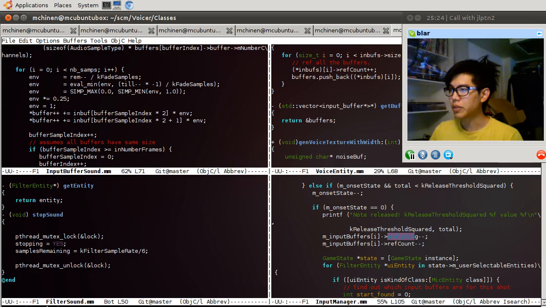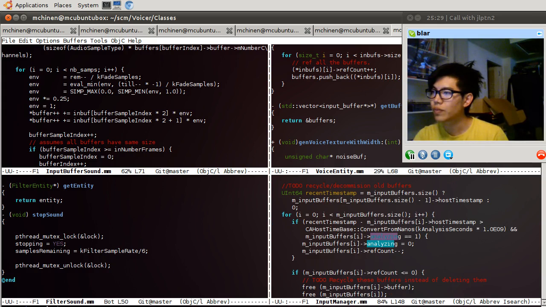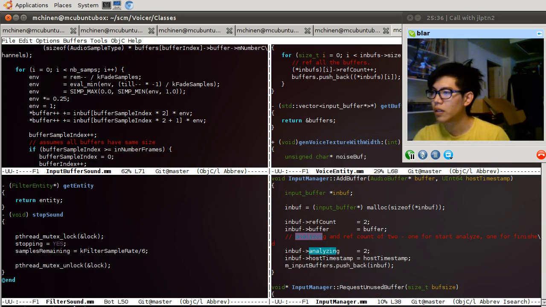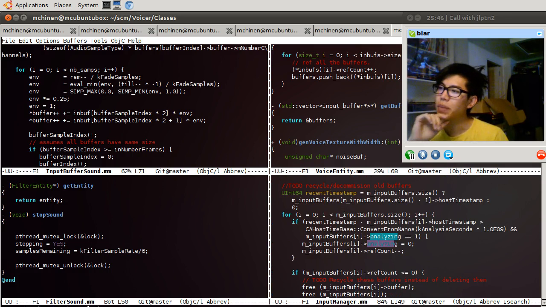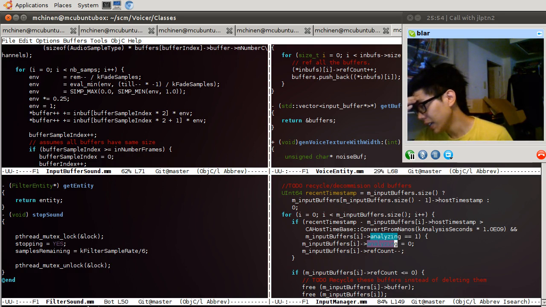Analyzing equals 2. Analyzing minus minus. This is a little ugly. So somehow what we did makes the program crash. And I would guess it's because suddenly we are now just killing sounds right away.